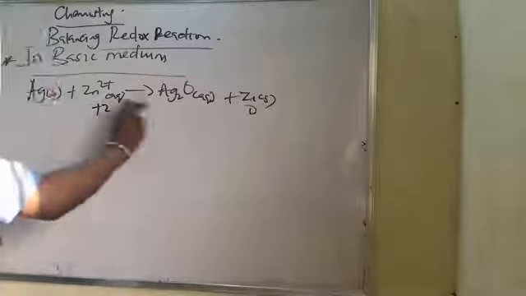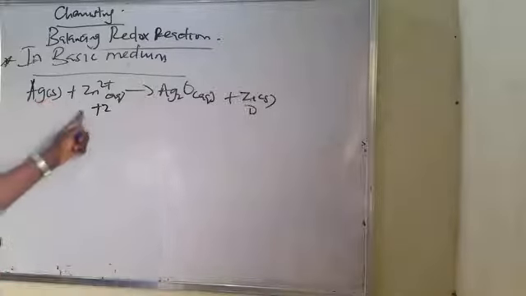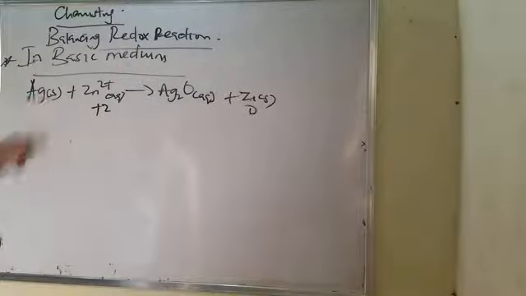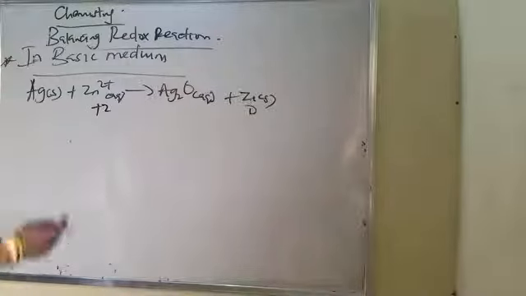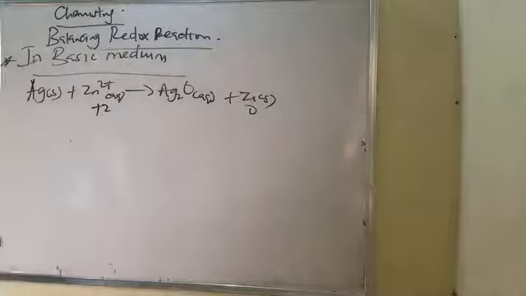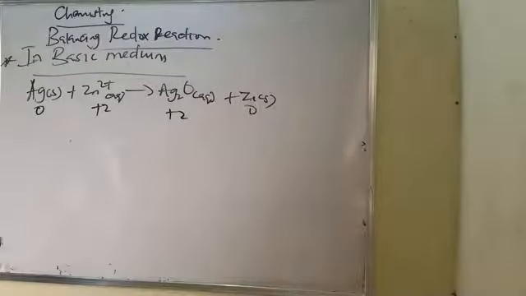For moving from plus 2 to 0, I can obviously tell you that this is reducing because oxidation number is being reduced. And silver here is 0 because it's uncombined, and right here it already has an oxidation number because we know that it is reacting. So obviously oxidation number there is plus 2, if you calculate it from the steps shown earlier. This is 0, this is plus 2. So let's start with our